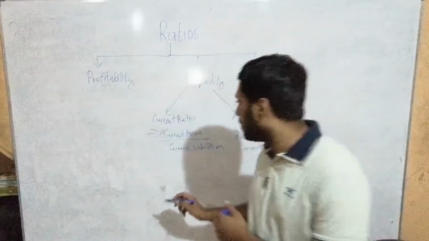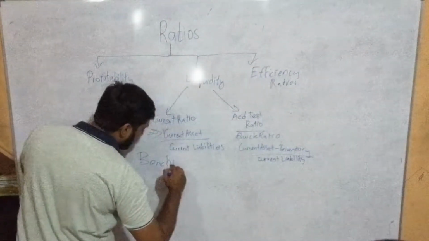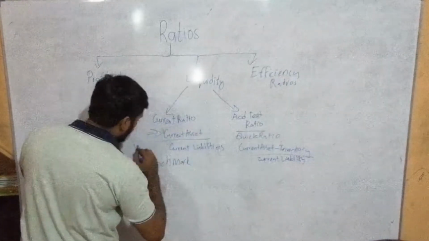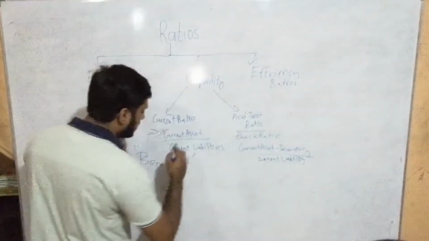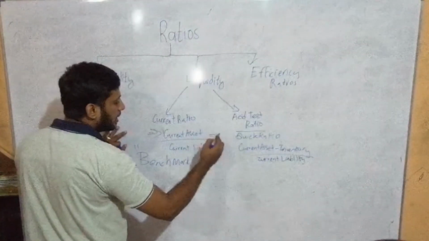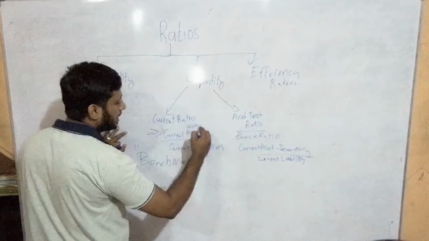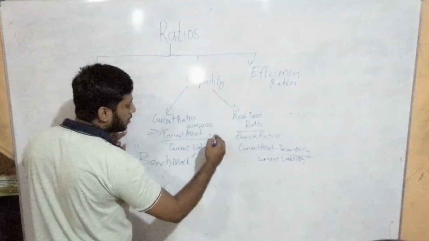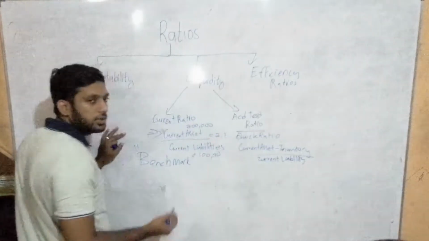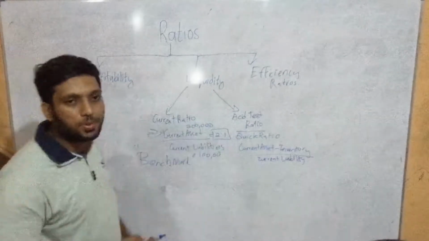So you have something called under liquidity ratio. I'm going to teach you something called benchmark. Okay, examiner loves this term, so you need to understand what is benchmark. So when you divide current asset, there will be current liabilities. You need to write in this way. Now, example, if I say current asset is 200,000 and current liabilities is 100,000, my answer should be 2:1. So this is how you write in exams. So when it comes to liquidity, you need to represent in this way.